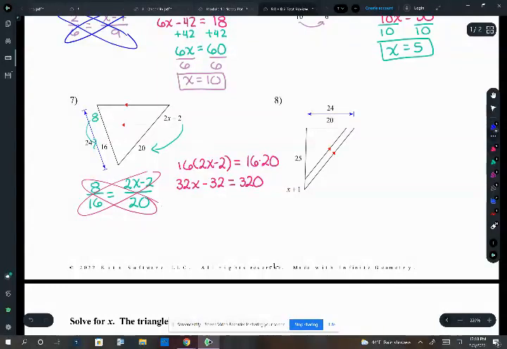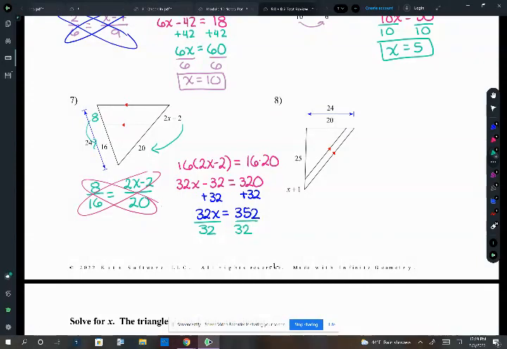So to get rid of minusing 32, we're going to add 32. We're going to get 32x is equal to 352. And then to undo or to get rid of the 32 next to the x, we're going to divide by 32. And so from there, if we divide, we're going to get x is equal to